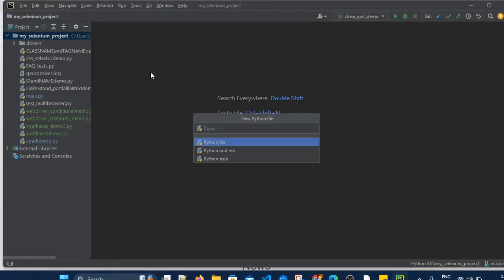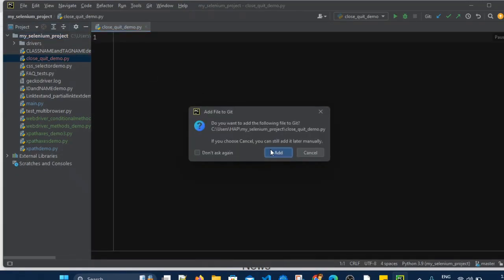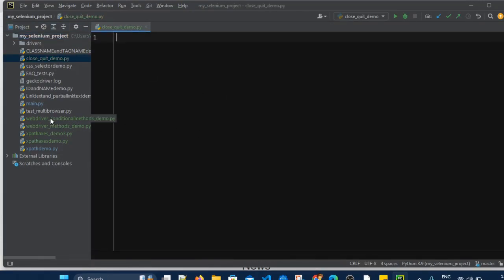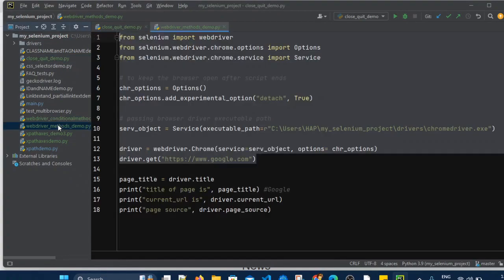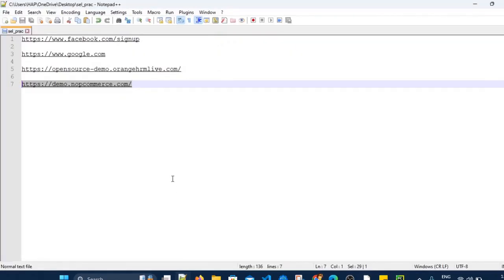I am just creating a new Python file. Let's add the code from our previous session. So we have added the code from our previous session, and in this I am copying this URL, so that it will be opened,